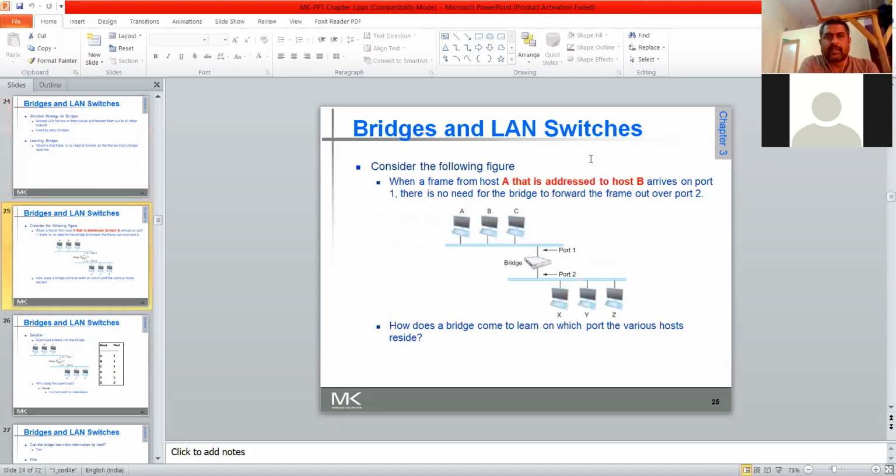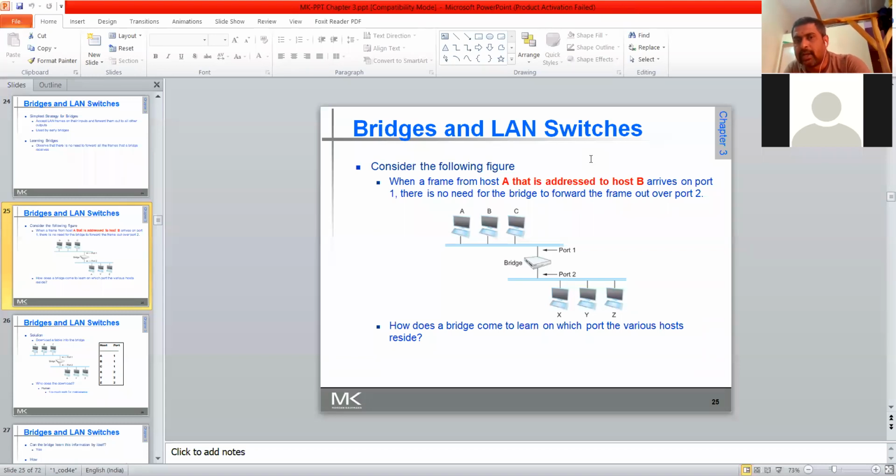Next, consider the following figure. Now you observe this particular figure, where you can understand the bridge or a router very clearly. Consider the following figure. When a frame from host A that is addressed to host B arrives on port 1, correct?